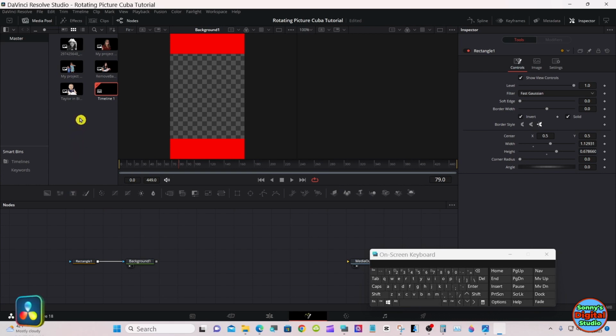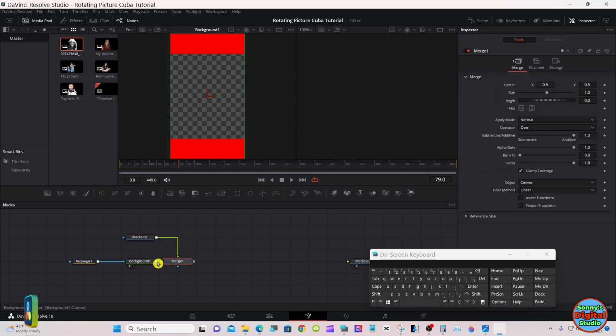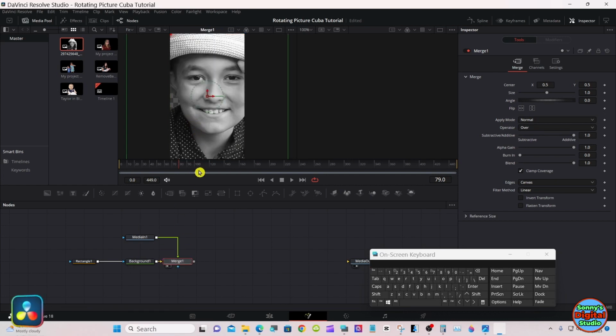Okay, let's bring in some media, one of the pictures. Pipe it down to the background. It will automatically make a merge. And drag that new merge up in the left viewer. Select your merge that came in automatically.